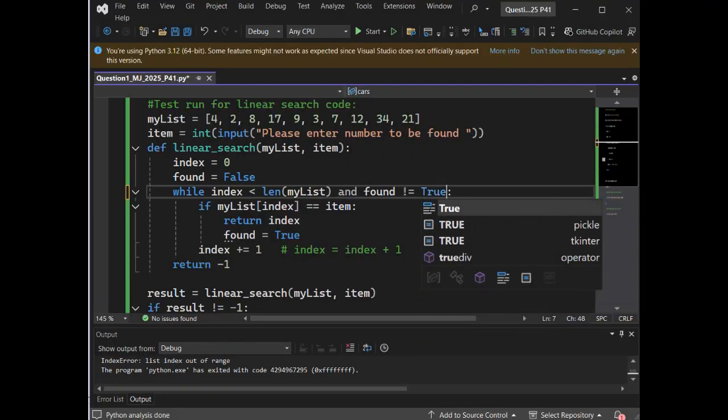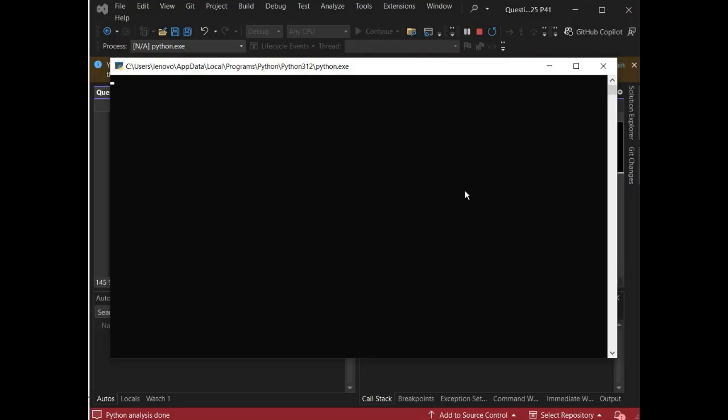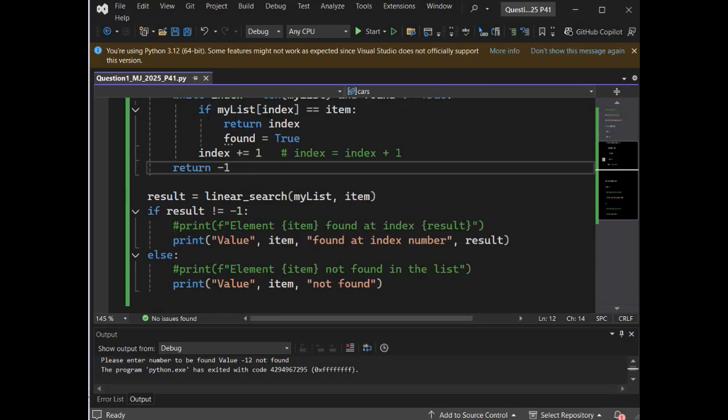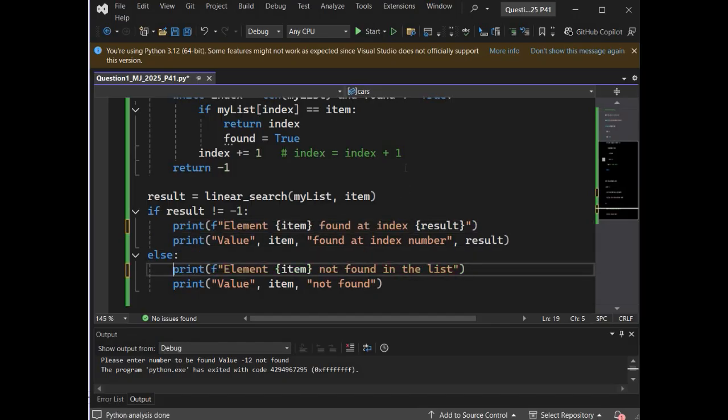This is the symbol for not equal to, exclamation mark and equal to. This is also fine. Now let's see what would happen if I enter -12 again. Value -12 not found.